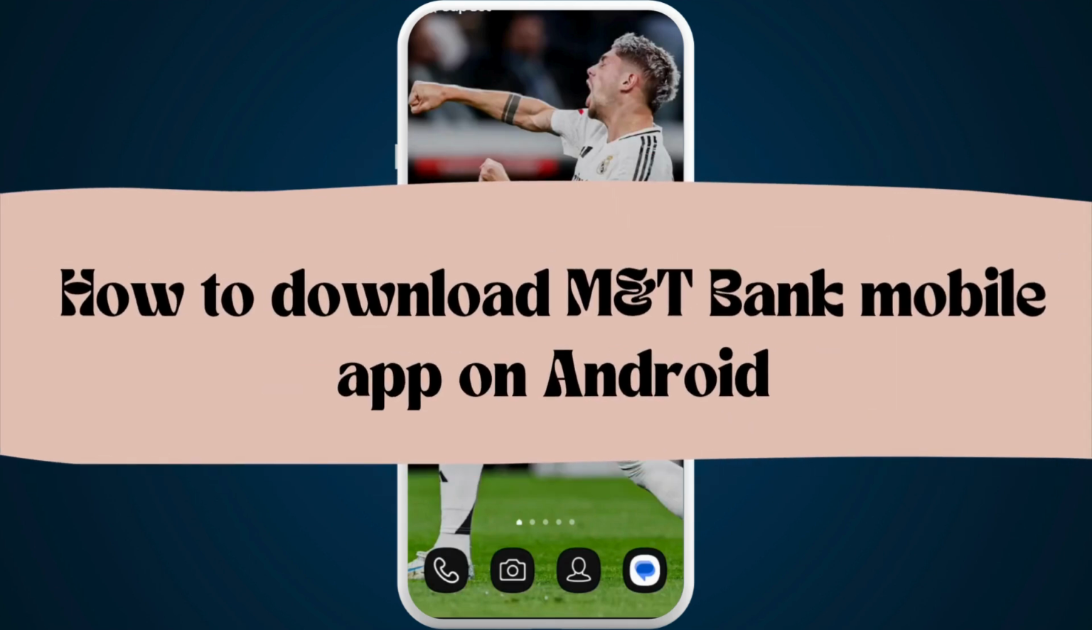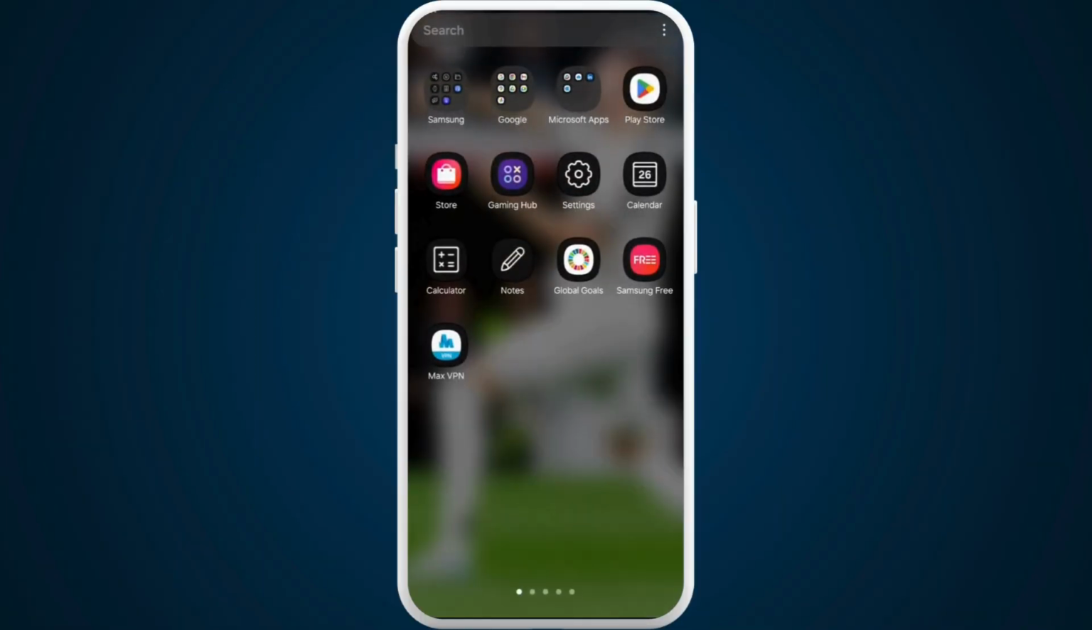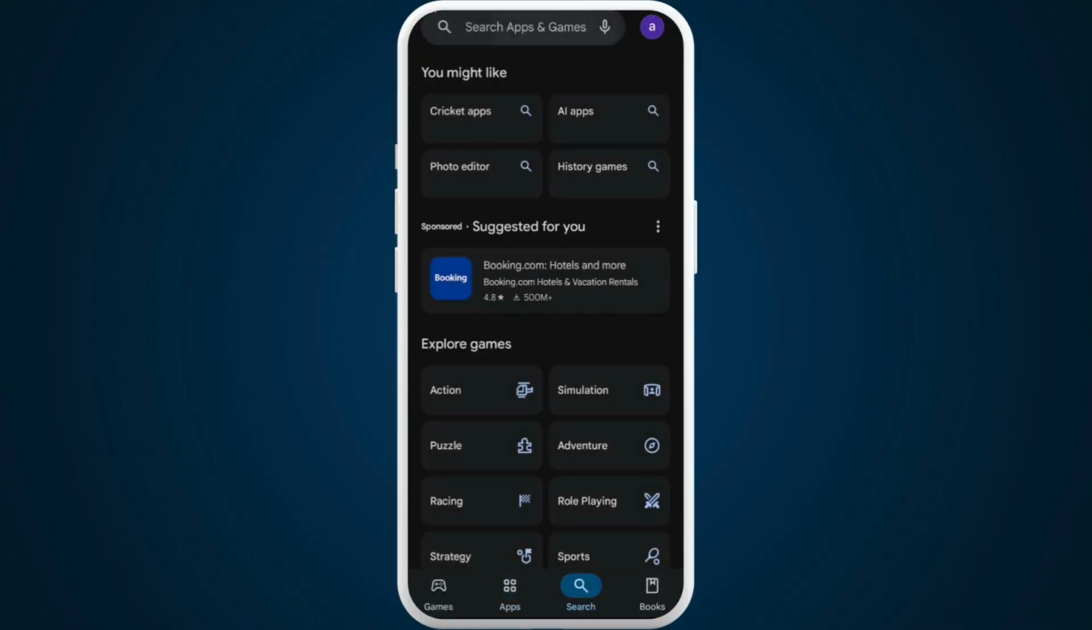How to download M&T Bank mobile app on your Android phone. I'm gonna guide you through the process on how to do it. Let's get started. First of all, on your phone, head over to your Play Store, tap on the search bar,